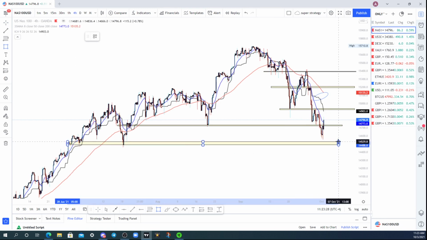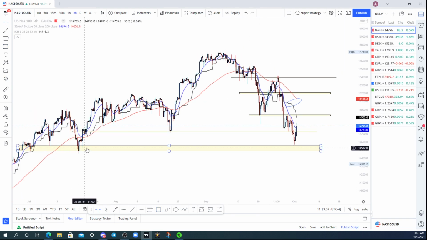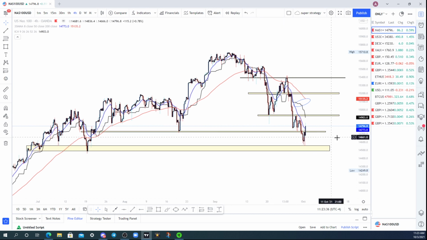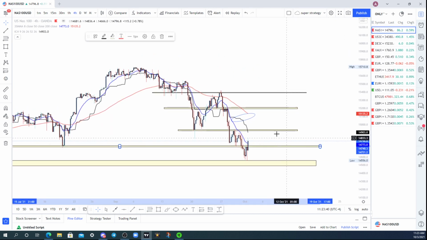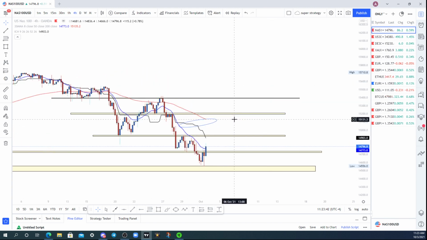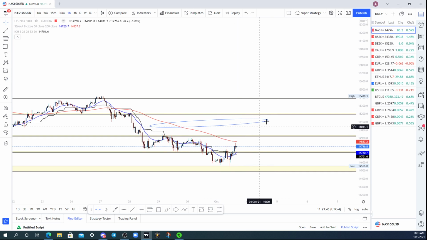Level of reaction. I'm going to draw this just a little bit wider than I normally do, just because I want to get these touches in it. This touch, this touch, this touch. But this is a clear level of support. Alright, so now we got a clean range, right? So now we're going to go down to the 1 hour. We're going to see how we can possibly target these ranges.